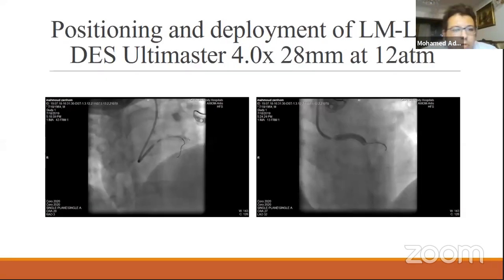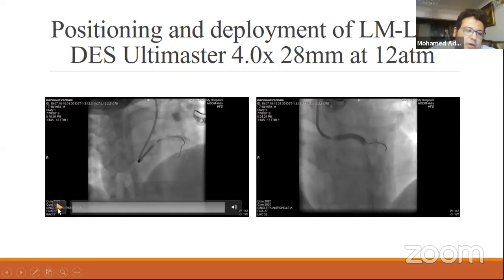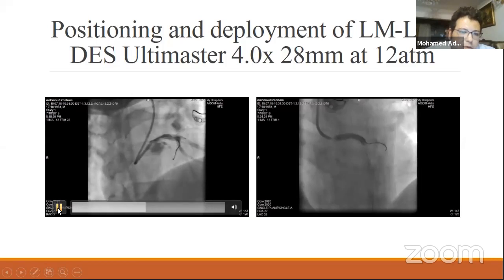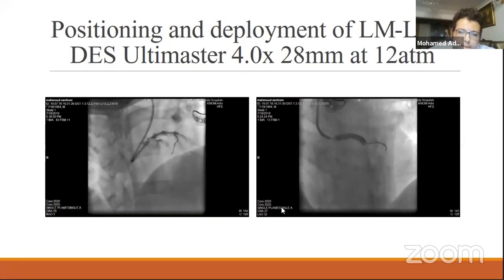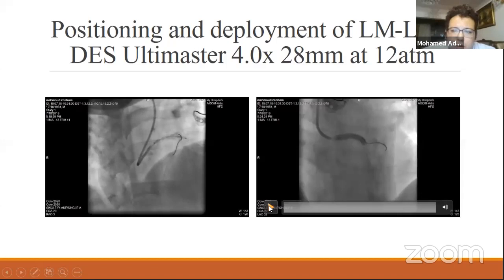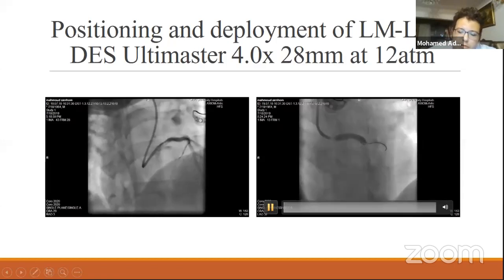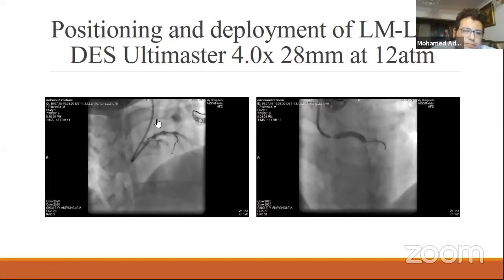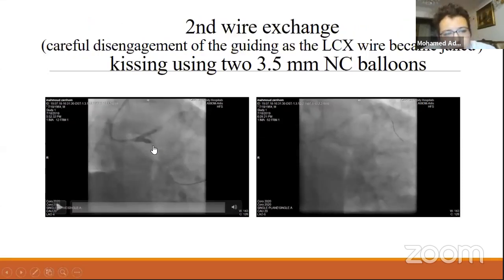Then I put the left main LAD stent, 4 by 28 millimeter, taking this view, LAO cranial, to make sure that I am covering the ostium of the left main. And here is the deployment of the left main LAD stent. Then the second wire exchange, but we should